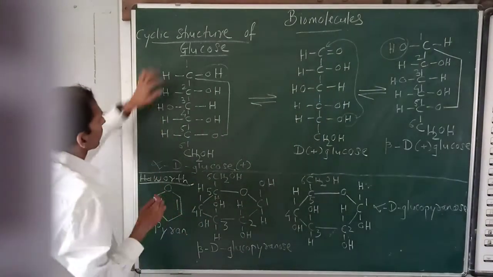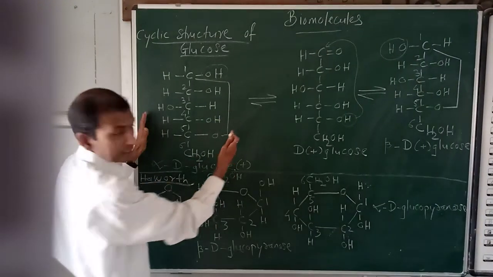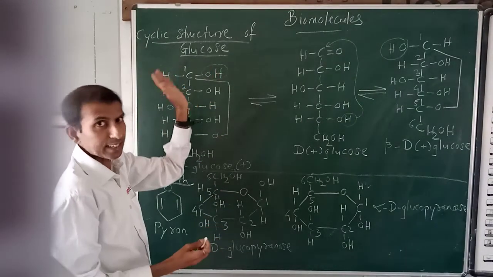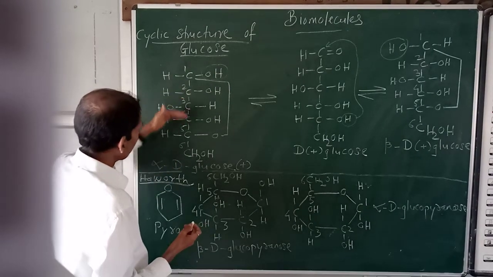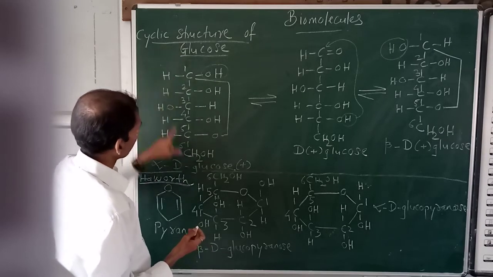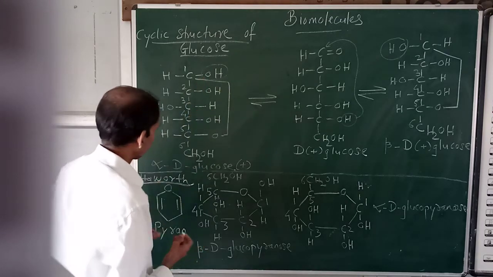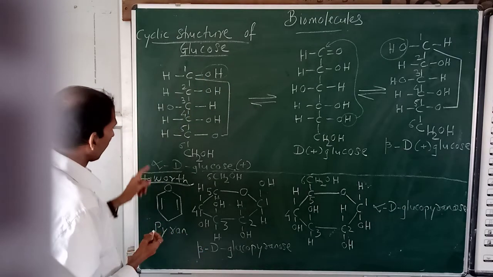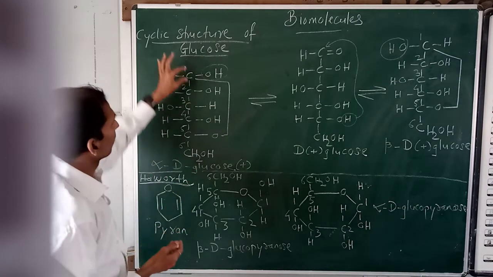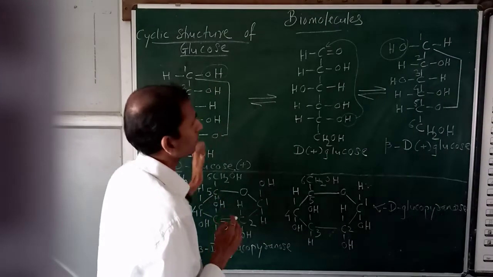Formation of OH group on the first carbon atom, this first carbon atom on the right hand side in the planar structure. Here you have to see, in the planar structure, if the OH group forms on the right hand side, and the remaining part you have to write as it is, showing this ring formation between the first carbon atom and the fifth carbon atom, and OH group on the right hand side. This particular molecule is called alpha D-glucose. So alpha means on first carbon atom, OH group on the right hand side with the ring formation.